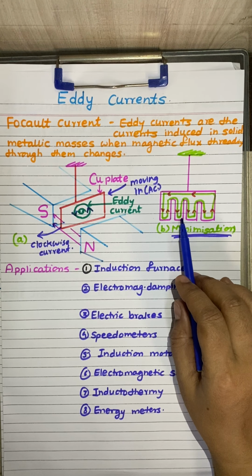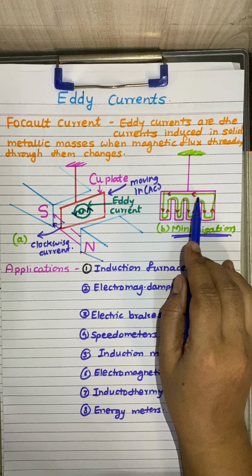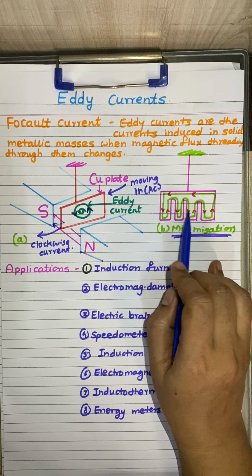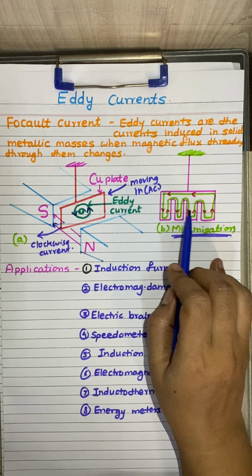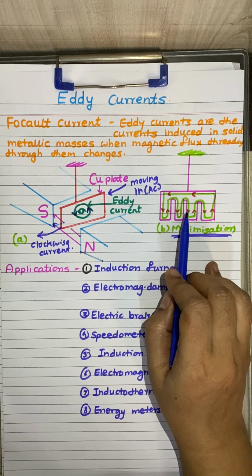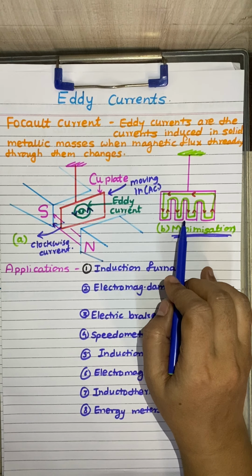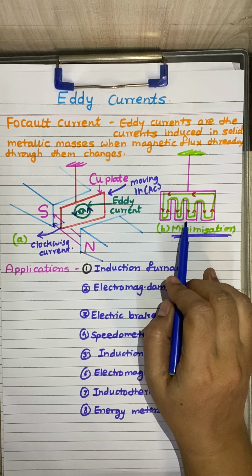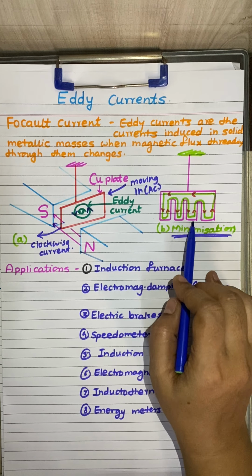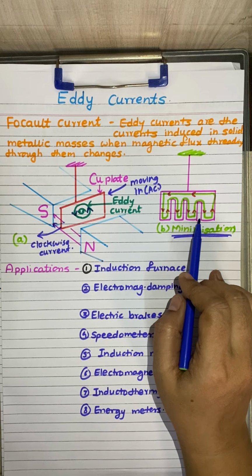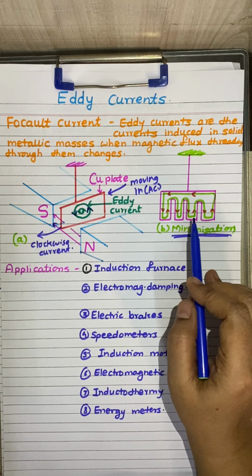They consist of thin sheets of metal insulated from each other by a thin layer of varnish. So such a type of thin plates are used, which are slotted, narrow and slotted plates, copper plates are used, which are insulated from each other. Okay, the planes of the sheets are placed perpendicular to the direction of the current that would be set up by the induced EMF in the material. The insulation between the sheets then offers a high resistance to the induced EMF and the eddy currents are reduced.